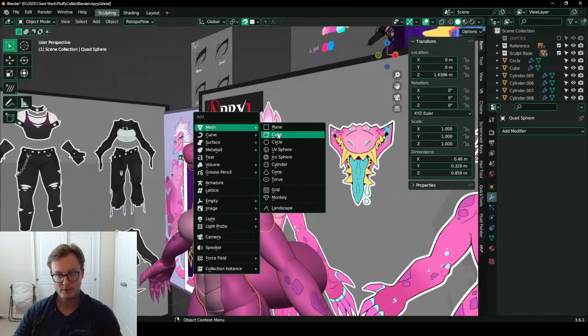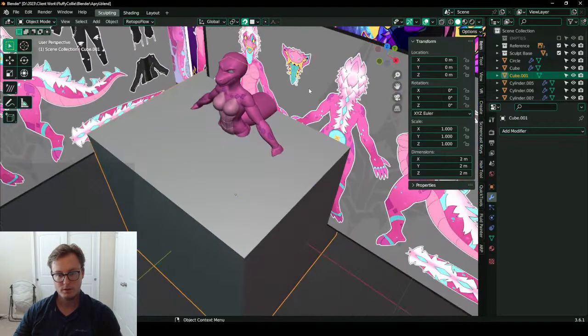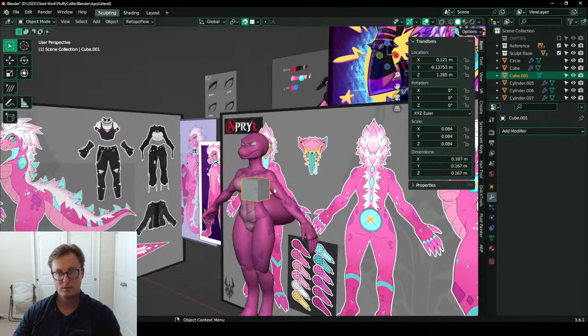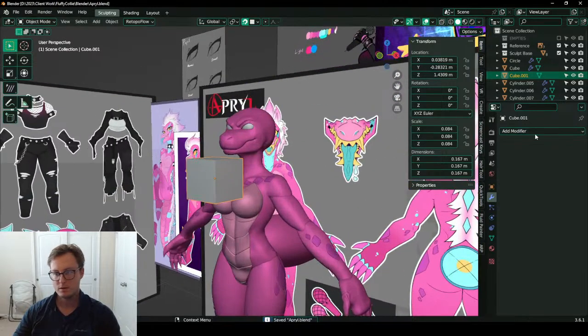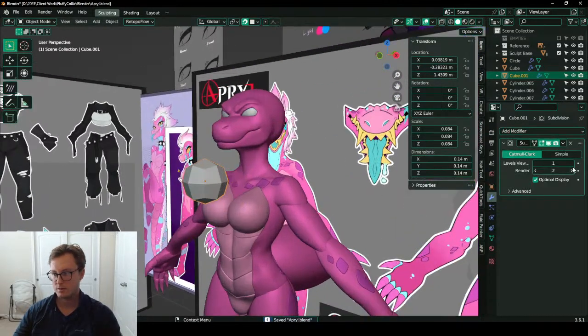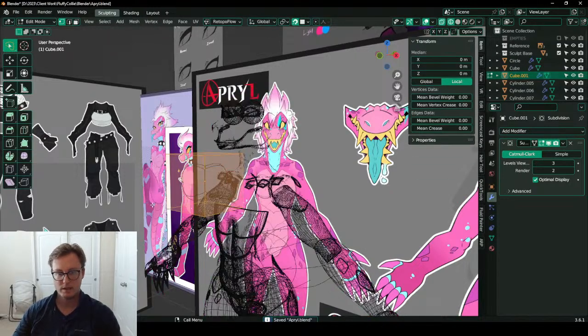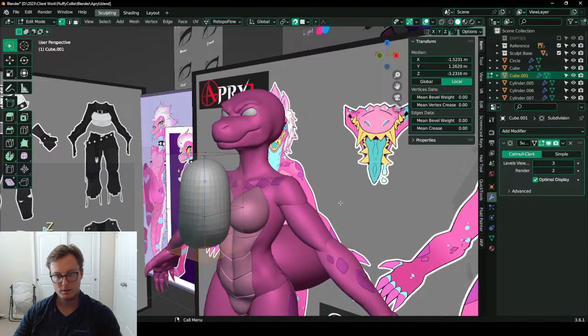Let's make some twofers. Let's make some twofers. Yeah, I'd rather make some teeth. I have to retopo though, because it's cool.